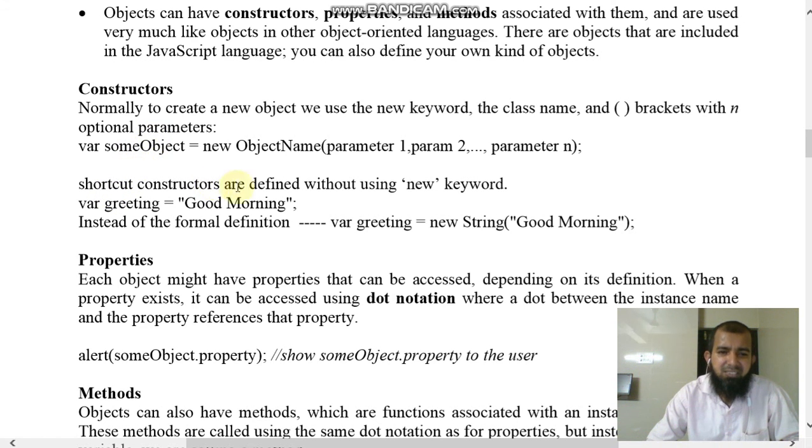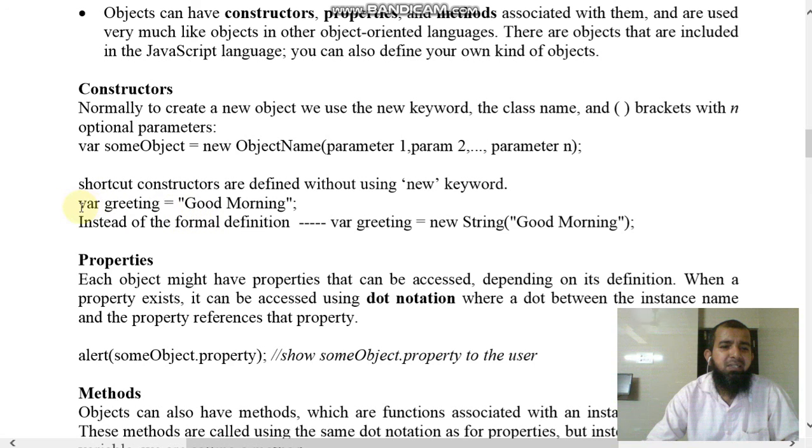Shortcut constructors are defined without using the new keyword. Without the new keyword also you can create the object. For example, var greetings equal to "good morning". Here there is no new keyword.